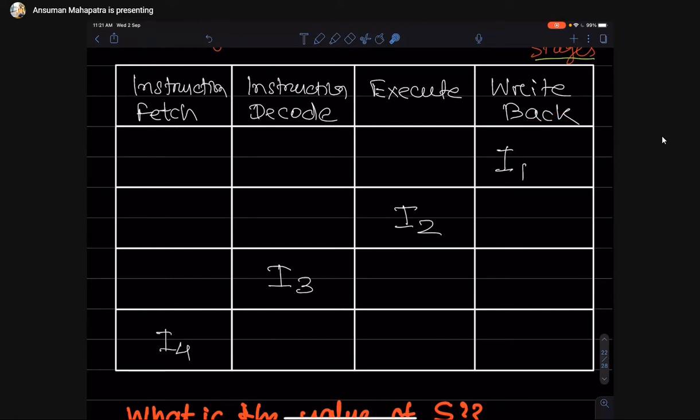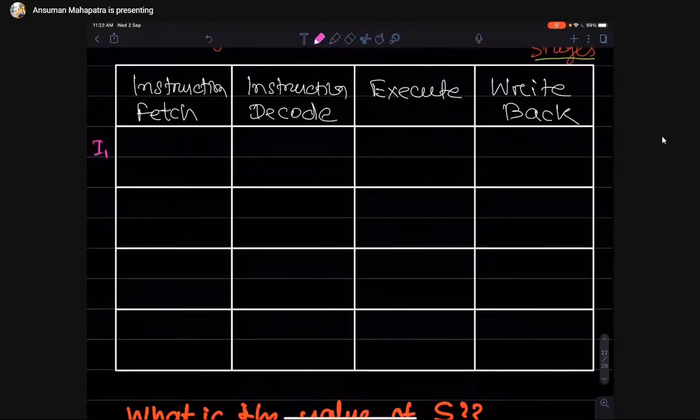But if we add a pipeline, suppose in cycle number 1, let me remove these things. Suppose our instruction is starting here. Instruction 1 will be fetched. Simple. What will happen in cycle number 2? Instruction 1 will move to the instruction decode phase.